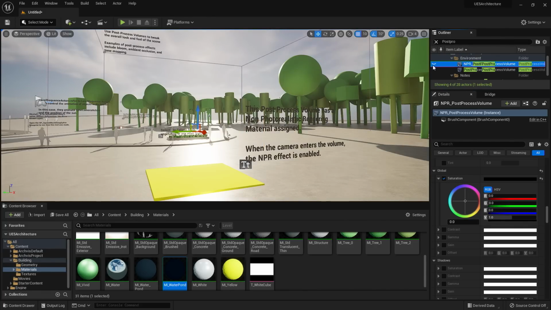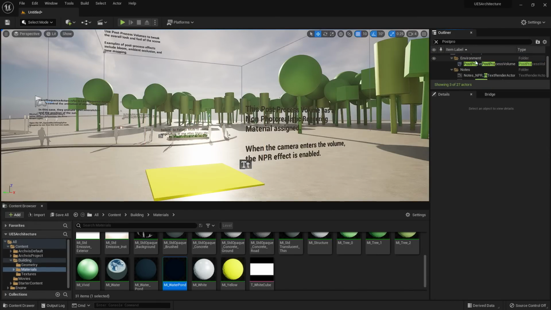So if you are working towards realism, you can develop with this post-process volume. And then if you want to take screenshots for a client where the materials aren't quite ready to show, you can turn on this NPR post-process volume. Now, if this is interesting to you, you could even create an editor utility widget to create a user interface that has buttons that will switch in between the two easily. Now, we won't be covering that today, but I did want to make you aware that there are options for creating your own user interface in Unreal Engine. So I'm going to go ahead and actually delete this because we'll be working with this post-process volume.